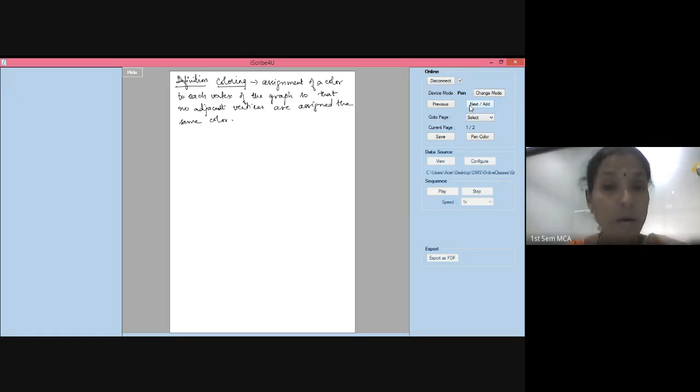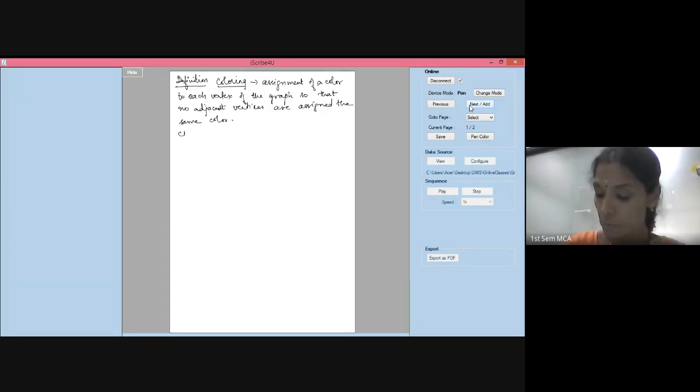Now, we are going to see why this coloring is required. You have to color the vertices basically to differentiate the different parts of the graph. You are assigning a color to each vertex of the graph so that no two adjacent vertices, all of us know what adjacent vertices are, right, should be assigned the same color. If I give one vertex the color red, the adjacent vertex I cannot color red. I should give it blue, something like that. Two adjacent vertices should not have the same color. All right, so let us see.